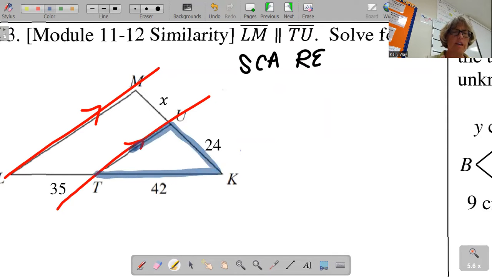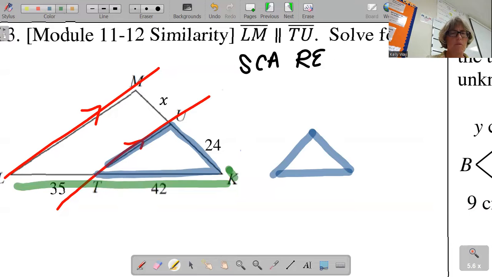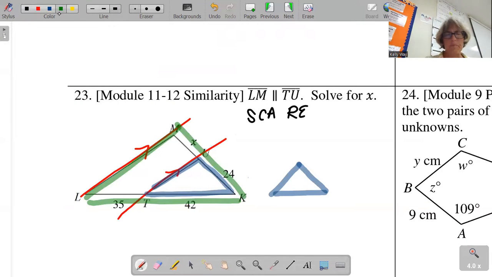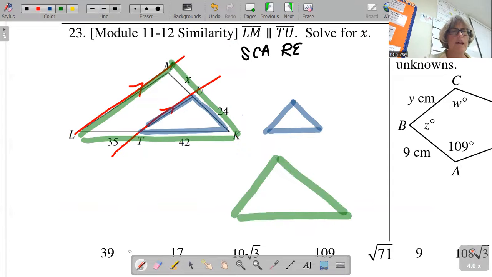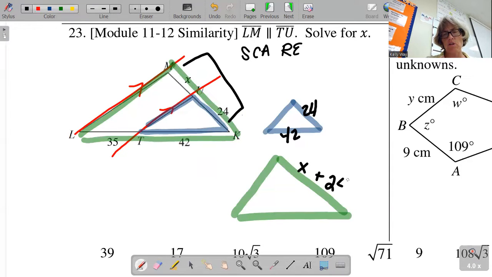Either we can look at it as having similar triangles, and in this case, this would be 42 and this would be 24. This whole side would be x and 24, so x and 24. And then here you would add 35 and 42,